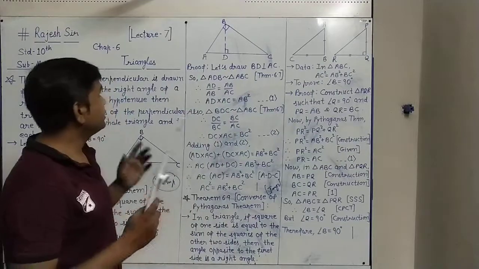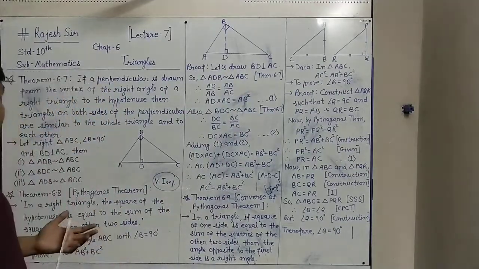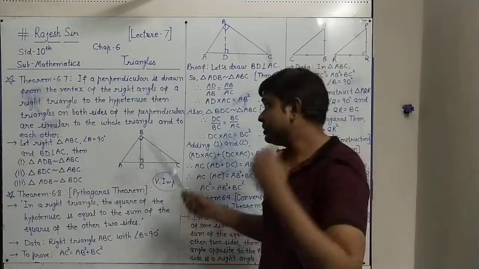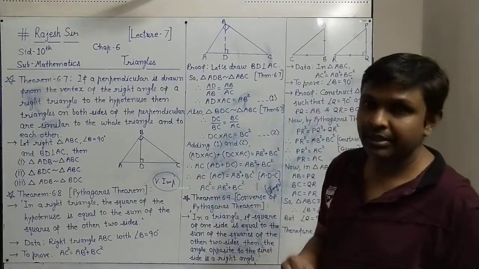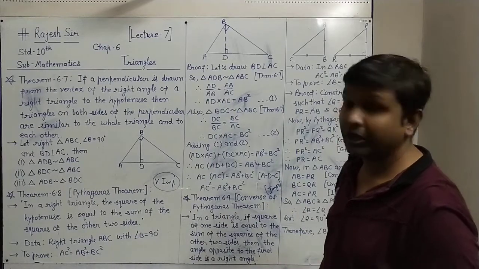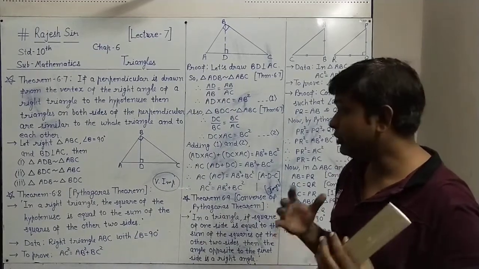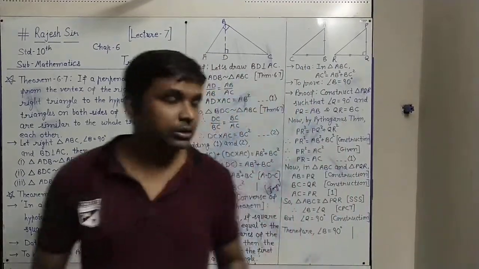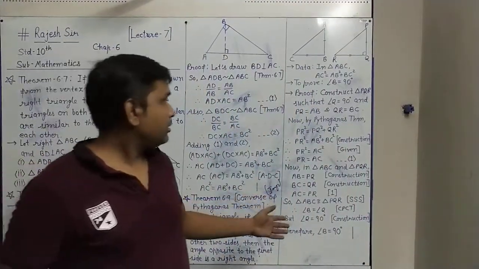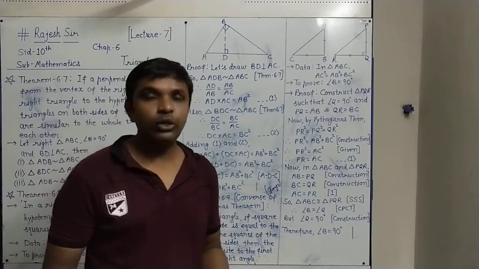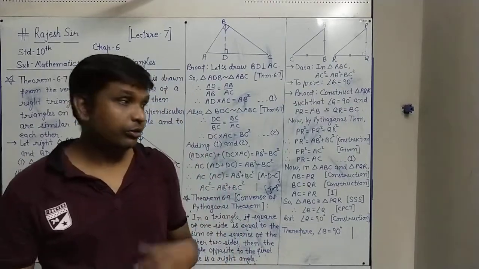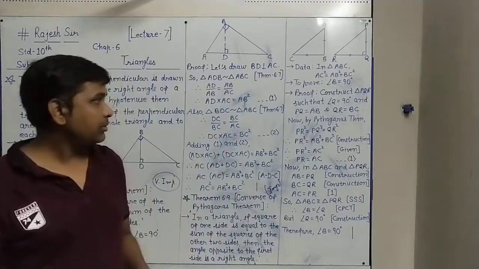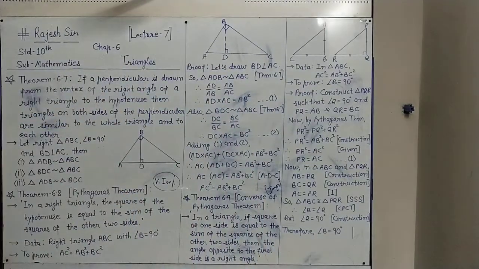So this is a very important lecture. In this, all the important theorems we have proved. You are suggested to see this lecture 2-3 times at least and write this theorem at least 5 times and complete it very well. You prepare it for exam purposes. It is very important. Both the theorems are Pythagoras theorem and converse of Pythagoras theorem. Any one theorem you will find, it is most probably asked in the exam. So prepare it well. Thank you.